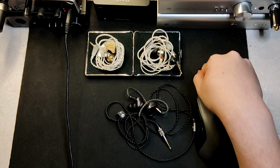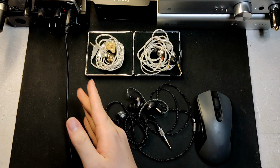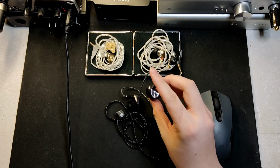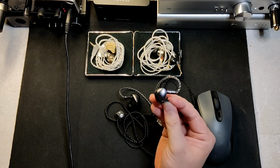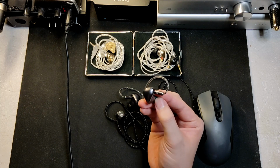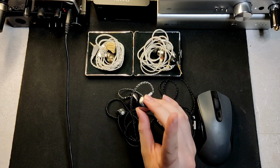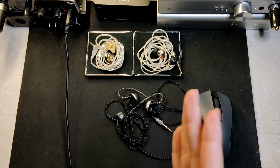And that's why my reviews mostly revolve around technical performance rather than tonal balance. That's because I would like to be as objective as possible in my reviews. So I guess I do have an answer now. This is basically an upgrade to the KZ ZSN Pro line. If you really like that type of sound, that type of Hi-Fi V-shaped sound, this is a viable upgrade. I don't recommend buying these, but if you really like that type of sound, this might be an option,